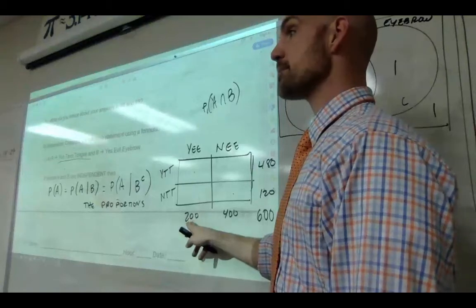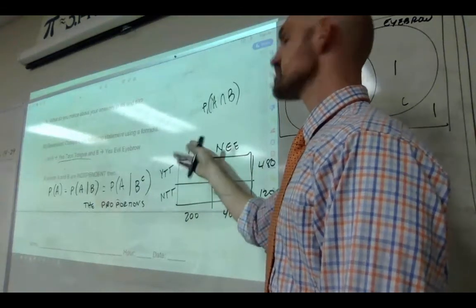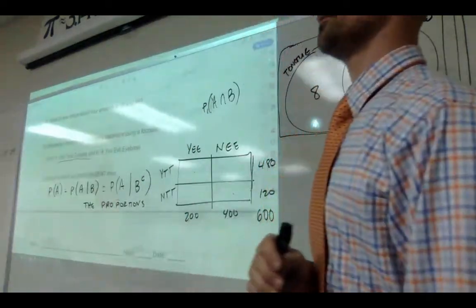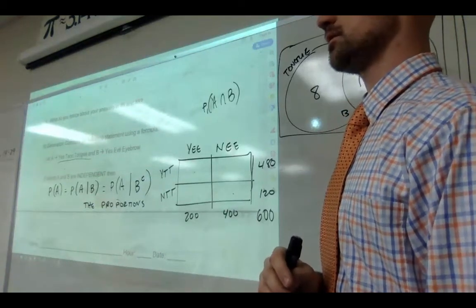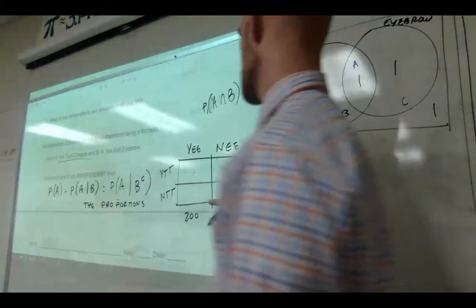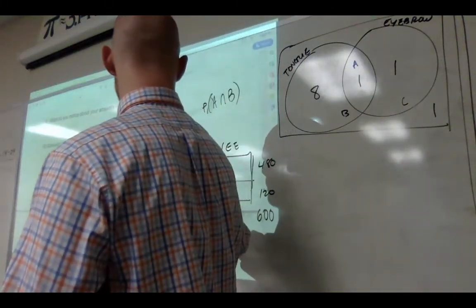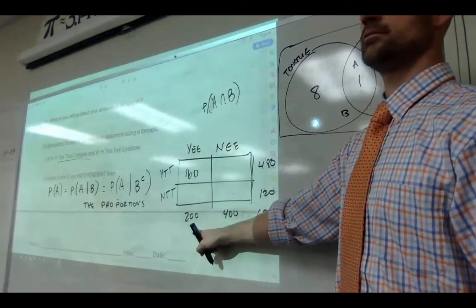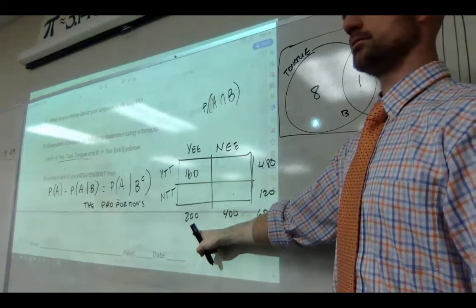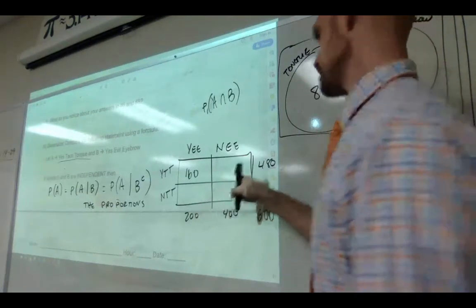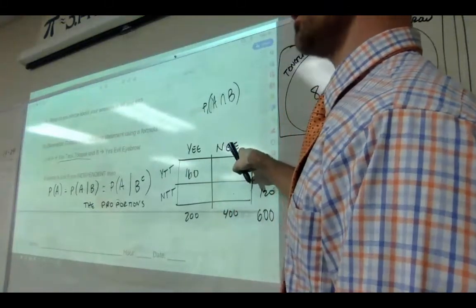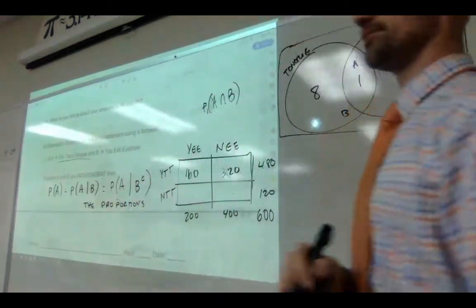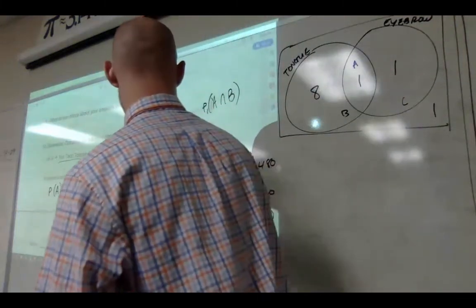So when I take a random sample of 200 students, they just happen to do this, yes, evil eyebrow. If it's not dependent, you should get 80% of them that can do taco tongue. So what we did to calculate the numbers in the chart was we said, right here goes 160, because that's 80% of the total number of people who could do evil eyebrow. Here, 400 people couldn't do it, but 80% of them, if they're independent, should fall into that category. So then the others would just be additions